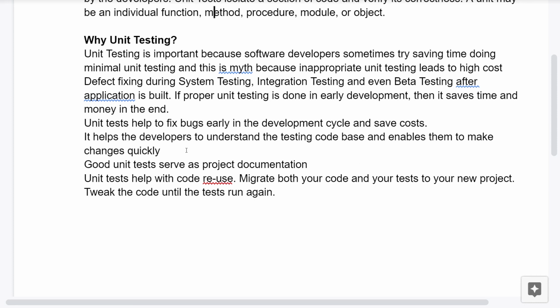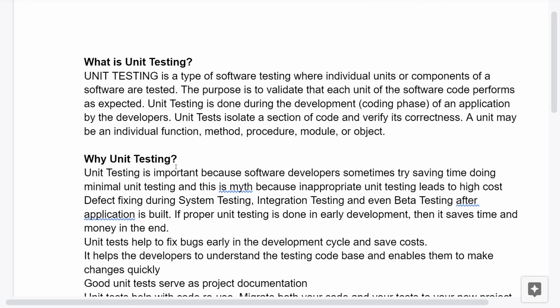Okay, so that's all about unit testing. If you want more knowledge on unit testing, so